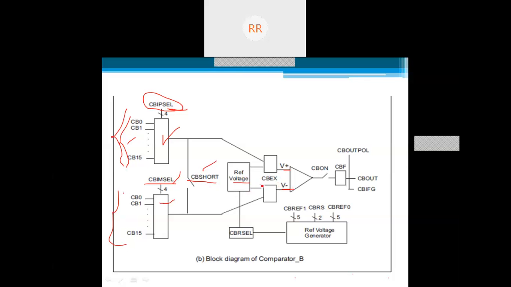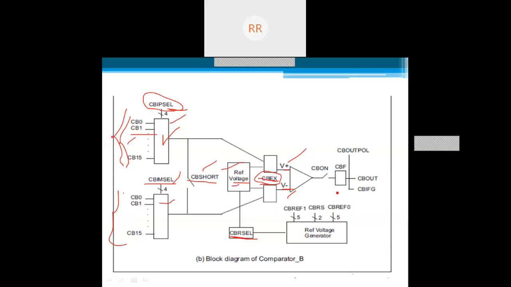The input voltages you select can be exchanged by using the programming bit CBEX. So this is about the comparator inputs. Then there is reference selection, whether you want to go for the reference selection voltage through this path, or give input to the comparator from the CB0 to CB15 lines. Either you can take the V plus input from these lines, or only from a reference voltage.